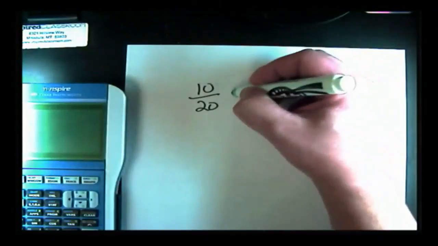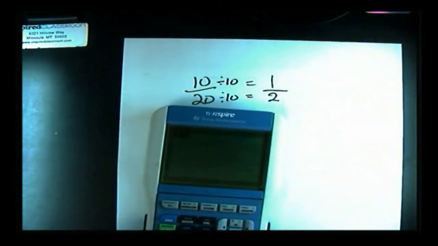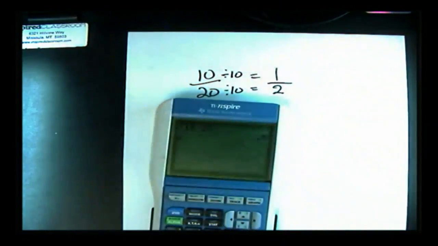Take a look here. Let's say I am not sure what 10/20 reduces to. Hopefully we all know that 10/20 is 0.5 or 1/2. We divide here by 10, and that's 1. We divide here by 10, and that's 2. But your calculator will also do this for you. So if I type in 10 divided by 20, I hit enter, my calculator calculates 0.5, which is good because that's a half,